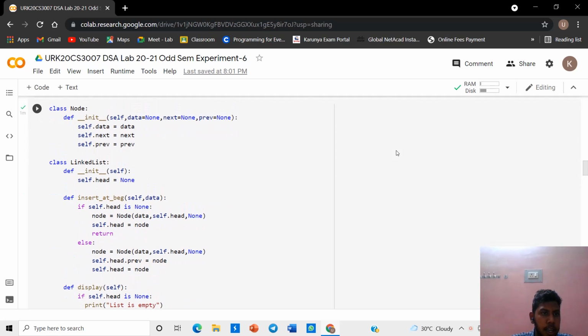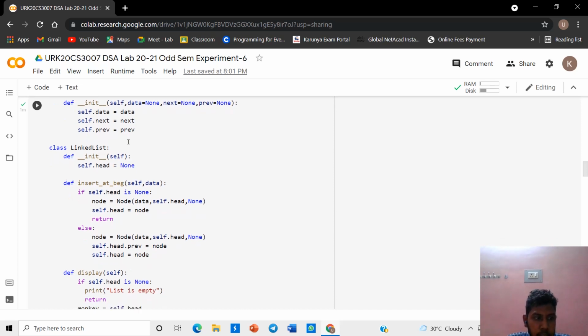First we create a class Node to insert data into the list of nodes, with data and next. The constructor has default parameters, data and next equal to None, which will be used if no argument is passed.